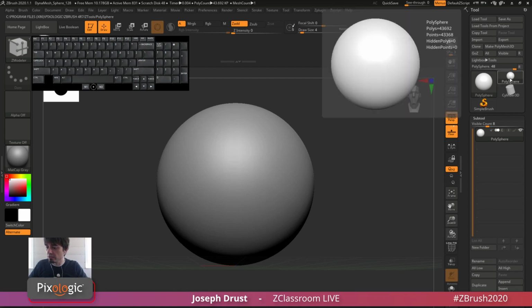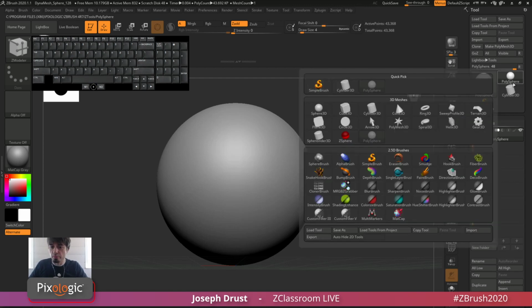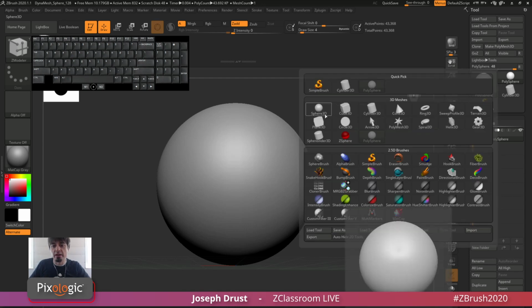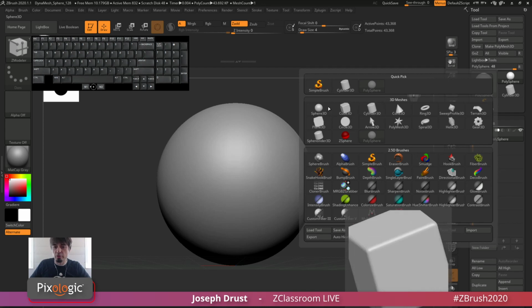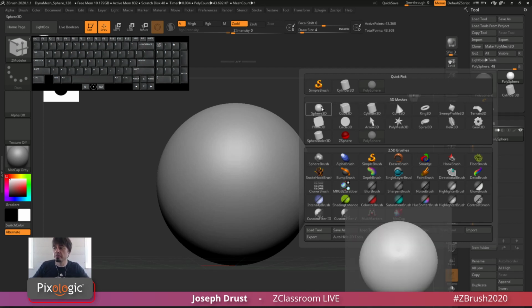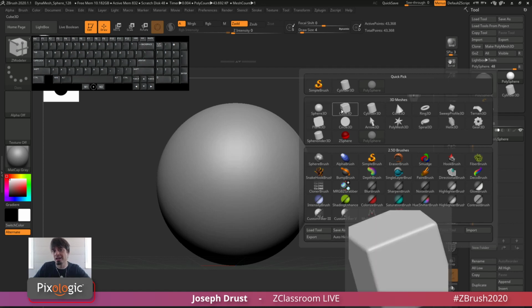If I click on any one of these, you can see this will open up. And in here, you have a bunch of different primitives that have this 3D next to them. Pretty much all of these that have 3D are going to be able to be modified through this initialize menu. So these are primitive objects. They're not polymesh objects. If you select one of these objects, you're not going to be able to sculpt on it, but you can modify it. And then after you're done with the modifications, you can convert it to a polymesh object,